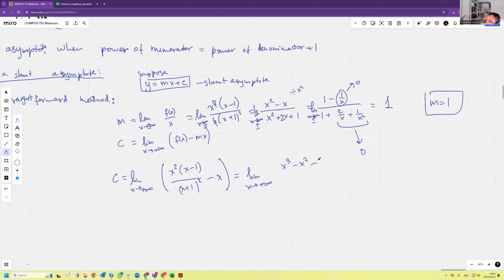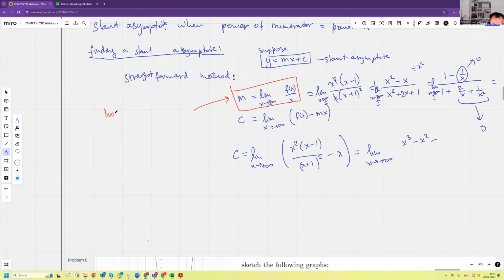Good question, Sanjibati. Why is the gradient of the asymptote the limit of this over that? I mean, you could prove it mathematically, but as a physicist, you are finding how many times the function is greater than y equals x. Basically, that's the physicist in me speaking, what you're doing here